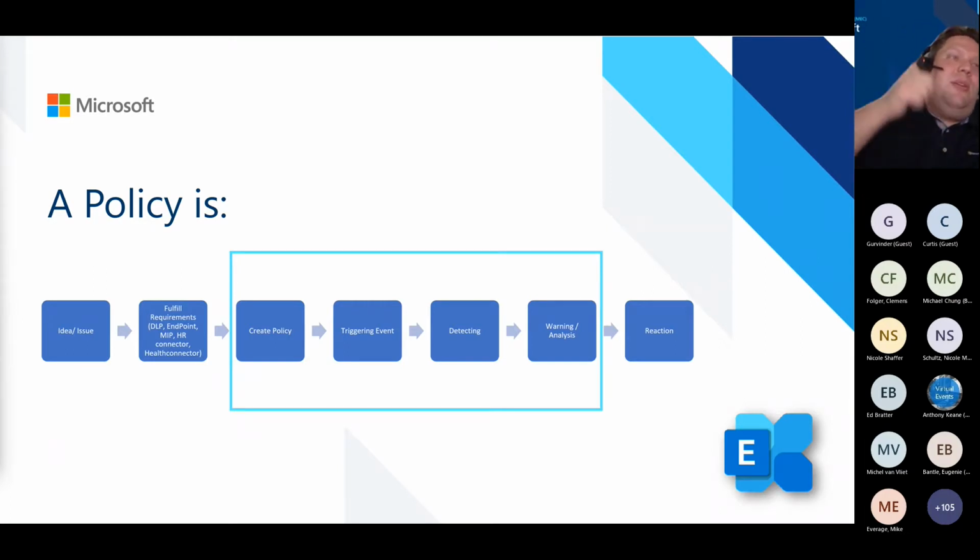You have the case, you have the target, you have the endpoints, for example, here to Exchange. So sending information outside are here the typical Exchange ones. You have a lot more for sharing information, connecting information with a connector and all of this. So create policy, trigger the event. The event is sending an email, for example, out of the Exchange view, detecting and warning, and then reactions. And this you can make an automatic workflow via Power Automate, and that's what I do too. So very interesting what you can do.